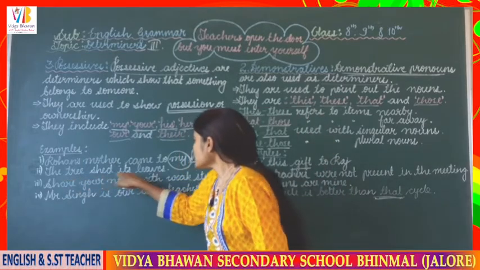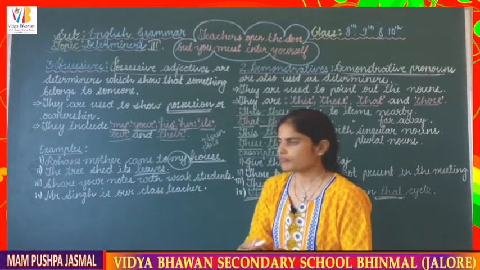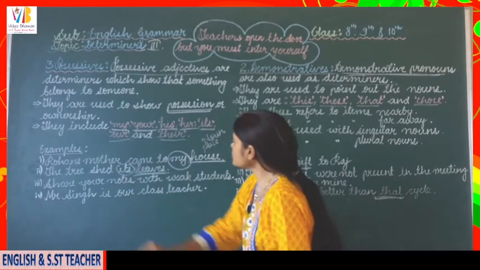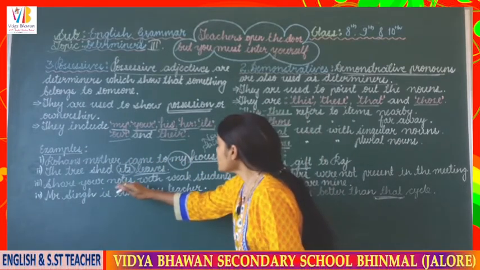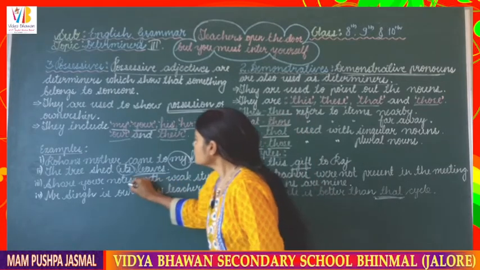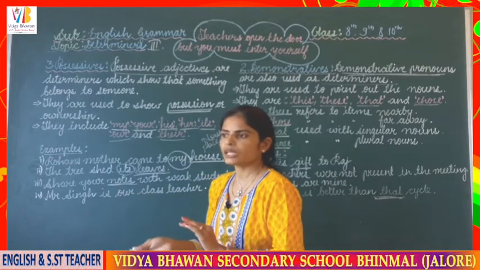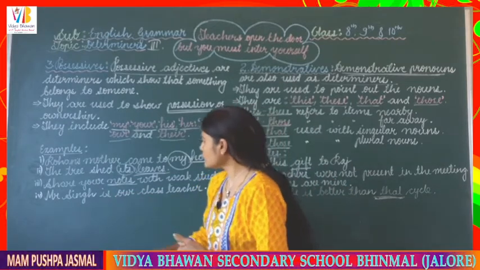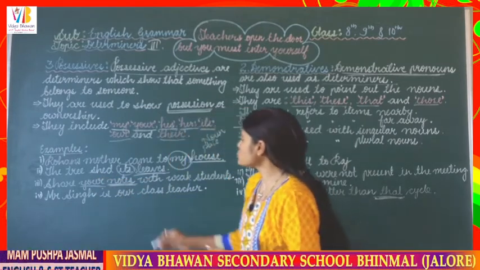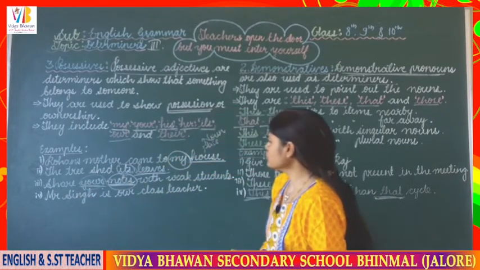The tree shed its leaves. अब ये leaves किसके है? Its है, यानी किसके? Tree के. So ये show करता है. Its means tree's. So this is also a determiner. Share your notes with weak students. So notes या notebook हम कह सकते हैं, उसको शेयर करना है, यानी किसी को लिखने के लिए हेल्प करना है. तो this notes it is a noun and your the relationship it is showing of the notes with the determiner.